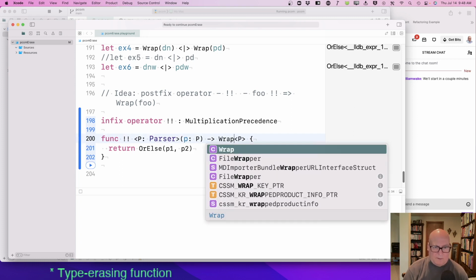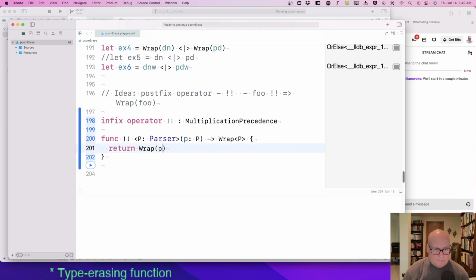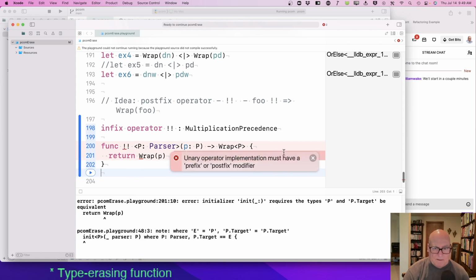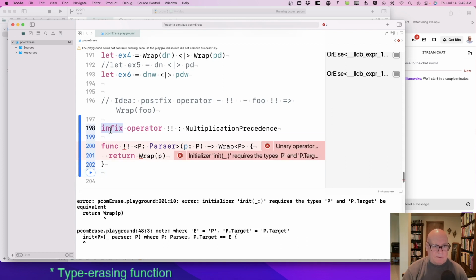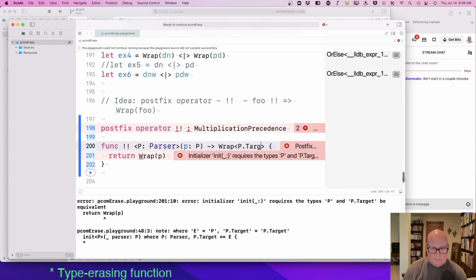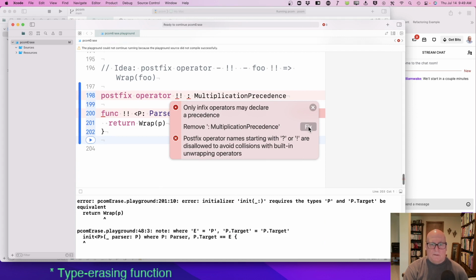Goes to wrap of P. Okay. Here we must have a. Oh, I wanted postfix. Target be equivalent. Only infix operators. Okay. Postfix operators. Okay.